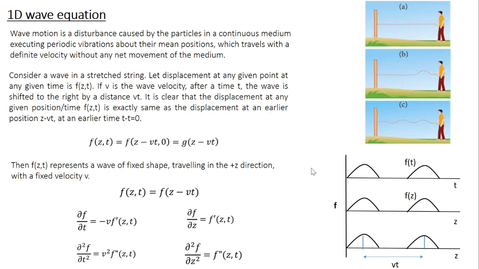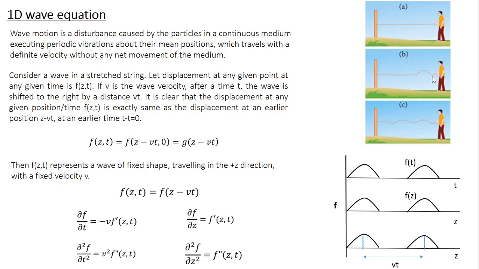Before moving on to the details of electromagnetic waves, let's talk about waves in general. For simplicity, let's start with one-dimensional wave motion. Take the classic example of a wave in a stretched string. Take a string of a finite mass, fix one end to a rigid support. At the loose end, if you apply a jerk, you will find a wave is generated along the string.